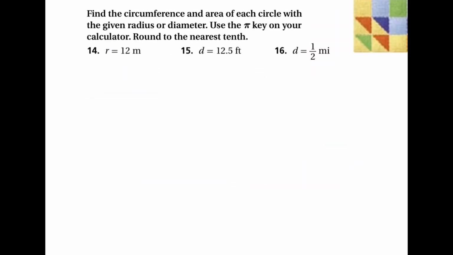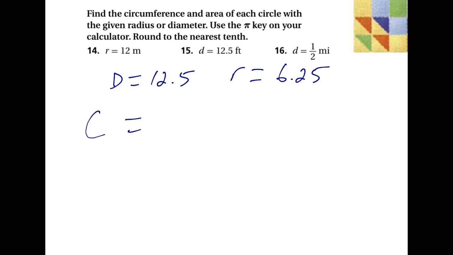For 15, we want to figure out the circumference and the area. So if the diameter is equal to 12.5, that means that the radius is half of that, so 6.25. So one of the formulas for circumference is pi multiplied by diameter. If I take that in the calculator and I round to the nearest tenth, I end up with 39.3